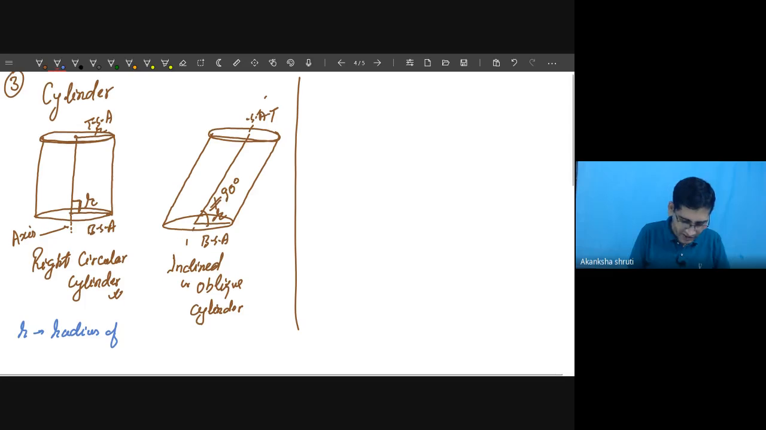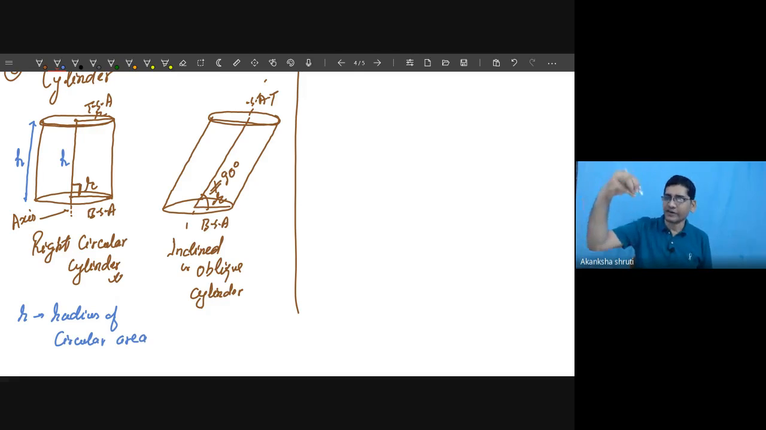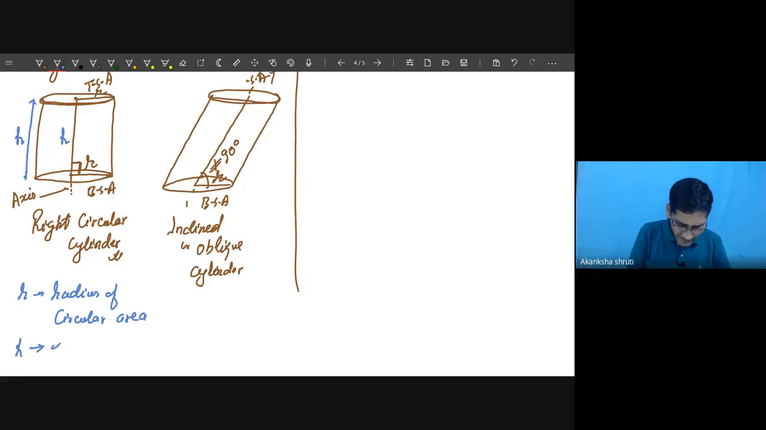of the circular area, and H is the height of this cylinder. It is the same as the height between the two centers of the circular areas, or the height we can consider from a point outside the cylinder to the other. But always we have to go the perpendicular way, not the curved way, because that will give you the wrong length. So H is called the height